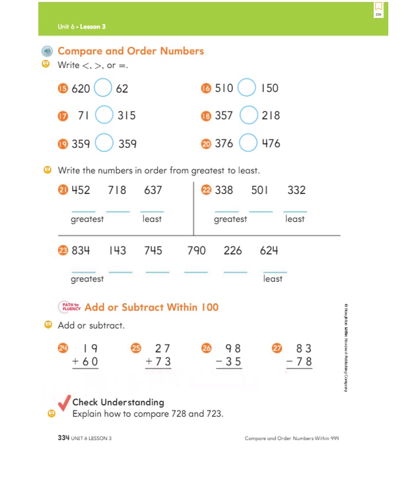Down at the bottom, check for understanding. Says explain how to compare 728 and 723. If you have Seesaw, go ahead and explain it on Seesaw. If you're not using Seesaw, and that's okay if you are not, just go ahead and explain to mom or dad how you would compare those two numbers. So remember to use your mathematical terms. So remember to talk about the hundreds place, the tens place, the ones place. How do you know how to compare those two numbers? Which one is the greater number? Which one is less? All right, so pages 333 and 334